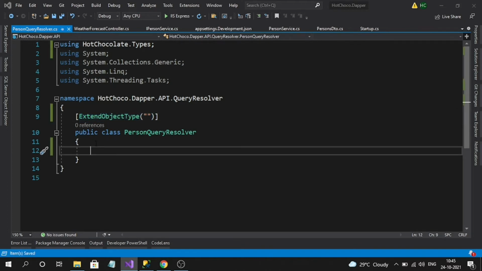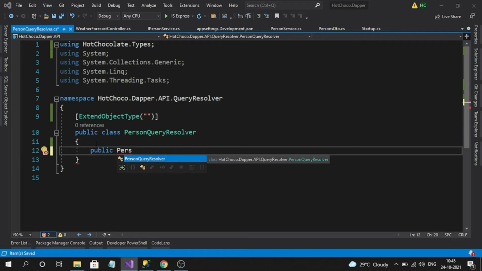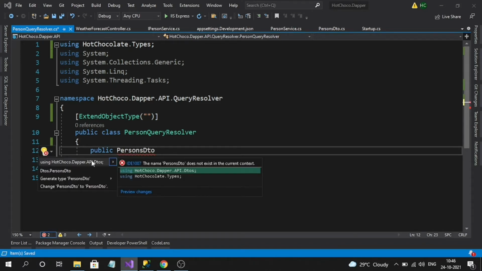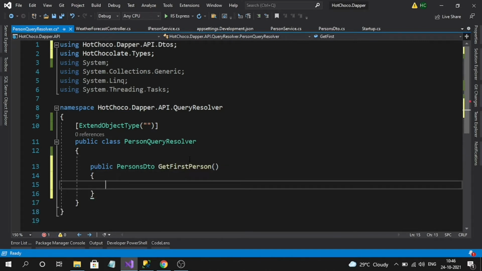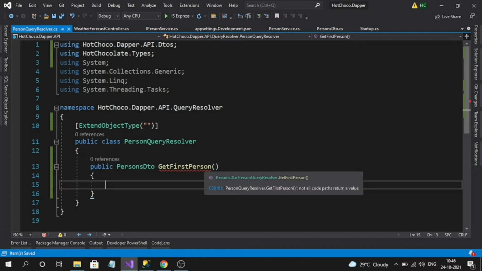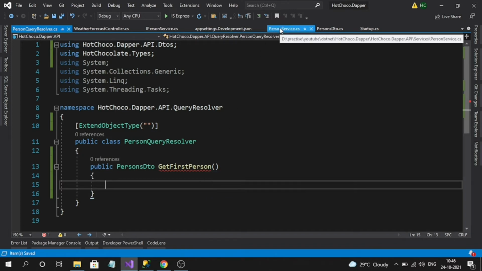And now we can simply create a normal C# class method, where I want a single person DTO, right? Okay, so this is a simple method, and now we have to consume our service. So here we won't have any interface implementation for the resolver methods.